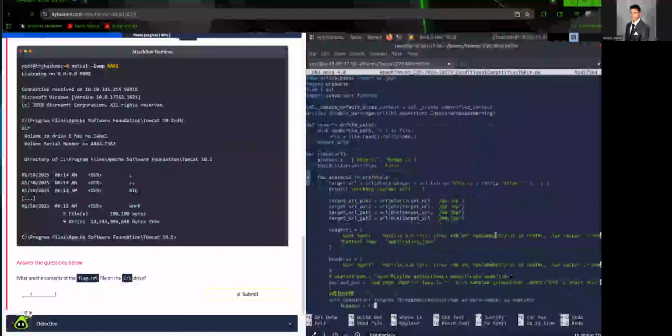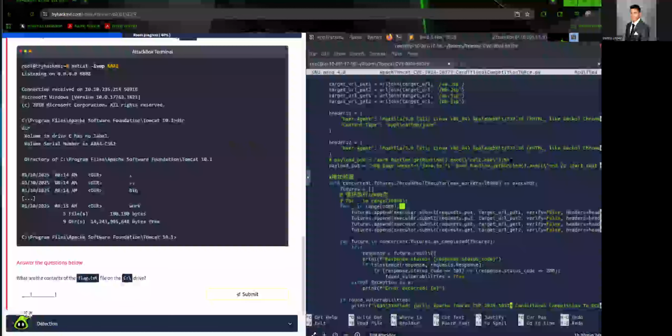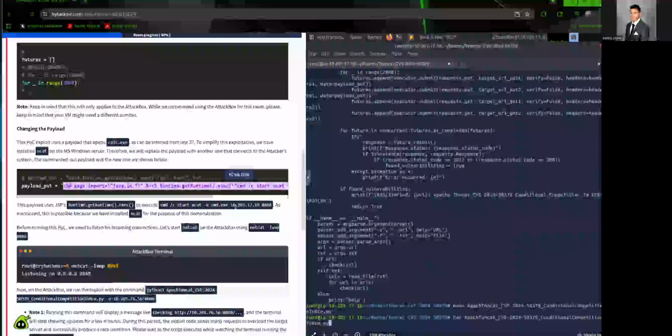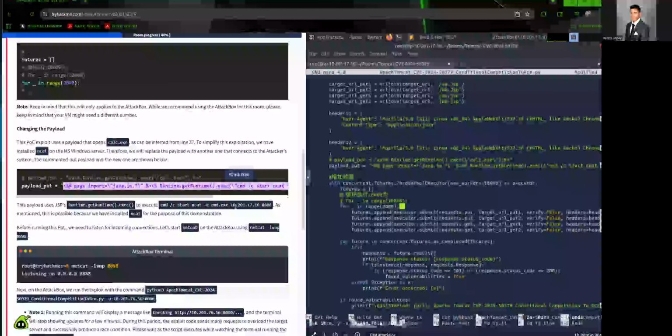So that should be good. And then for the range, let me check the range here. So the range is set to 10,000. That's commented out and set to 2,000. So we should be good there. So Control O, enter, Control X to save it, and then go ahead and run that command that we ran earlier. And that should work. Should get connection back.